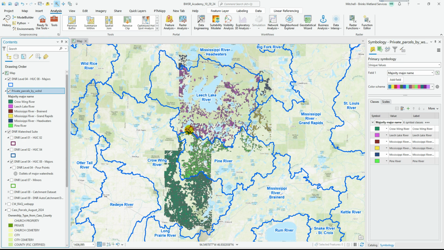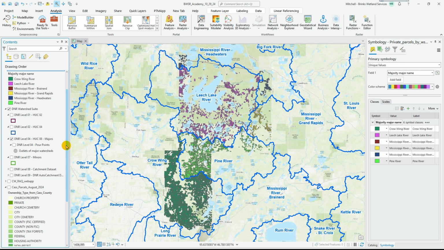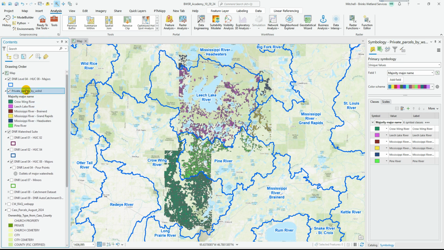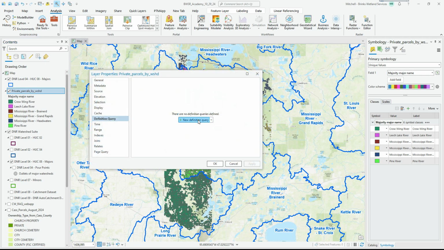Alright, so again, it's going to symbolize by the majority watershed that you're in. Okay, so where I was going with all this is we were going to, let's say, do a mailing just for the Crowing River. So again, we could